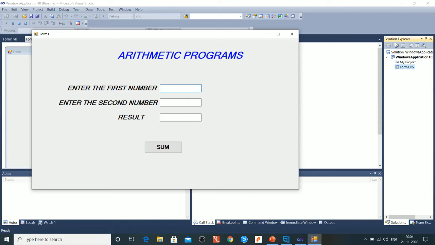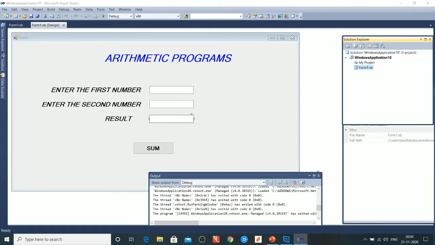I just enter the alphabet A here and B here. And what code did you use? Val, no. So A is an alphabet. Value of A means the answer will be displayed as 0. That is, value of A plus value of B is converted into numeric values. The numeric value of A and B is 0. So the result will be displayed as 0.